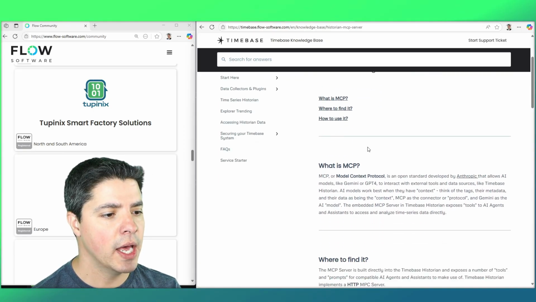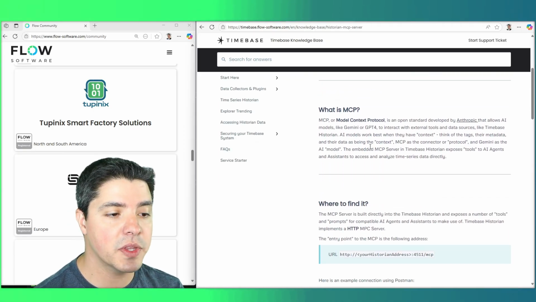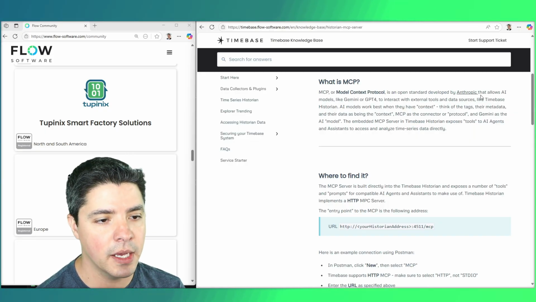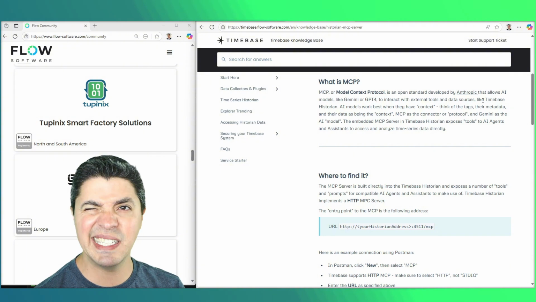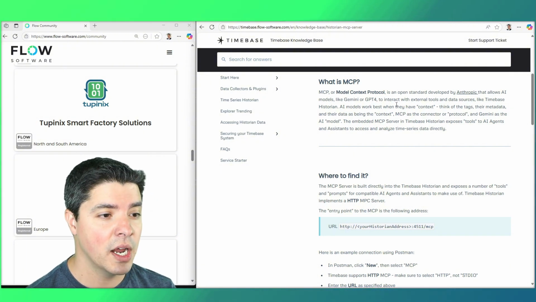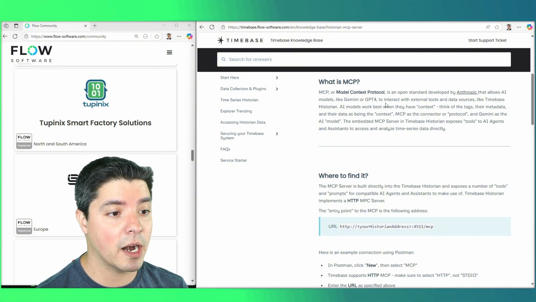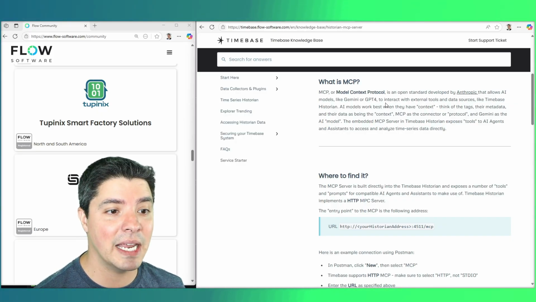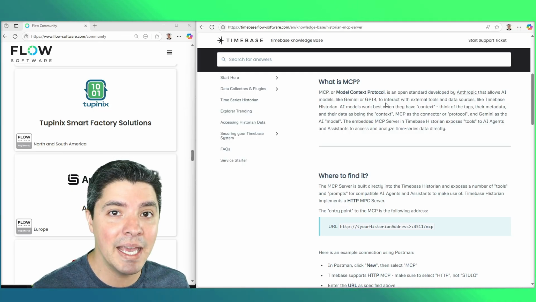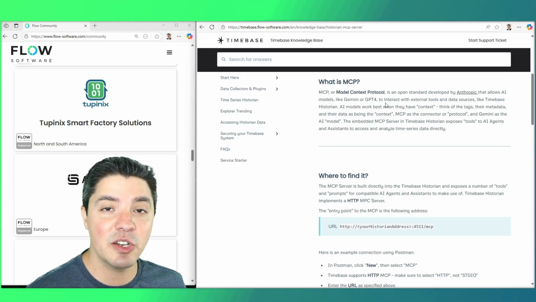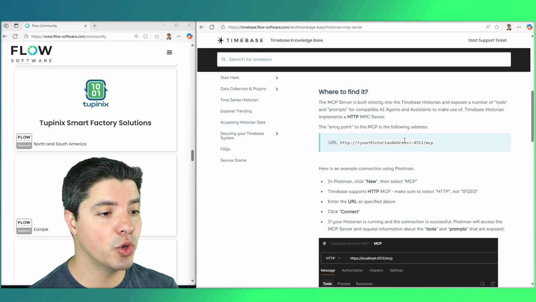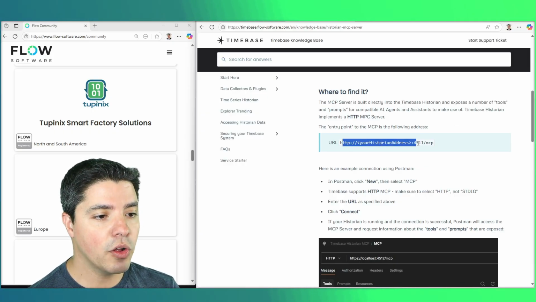It's going to tell you about MCP, the Model Context Protocol. There's a lot of things out there developed by Anthropic. This was basically maybe November last year, and a lot of people and companies are adopting it. Again, this is the very beginning. Again, guys, this is a beta version, a beta testing for everybody. And here's where to find and how to access it on the URL of your